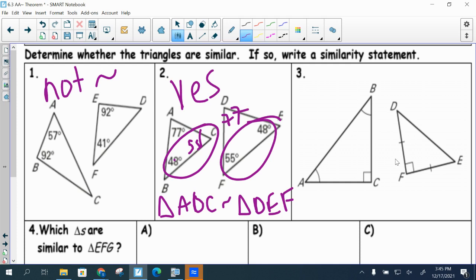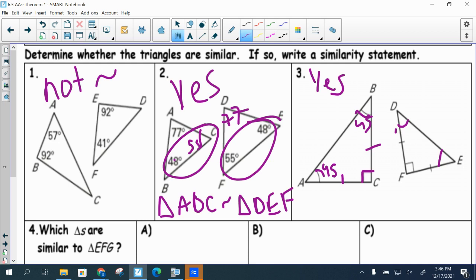For this one, if this is a 90-degree angle and those are both congruent, then they both have to be 45, because if you subtract 90 from 180 and then divide by 2, you get 45. So these are both 45, which means that this is an isosceles right triangle. Now this is also an isosceles right triangle, which means that these two angles are going to be congruent, again 45. So yes, you do know that at least two angles are congruent,